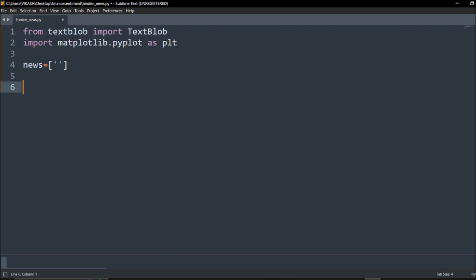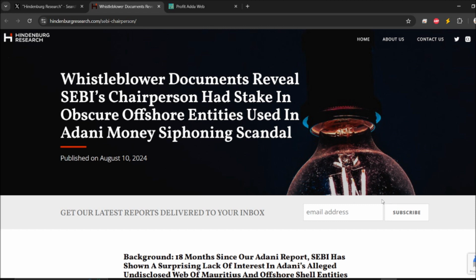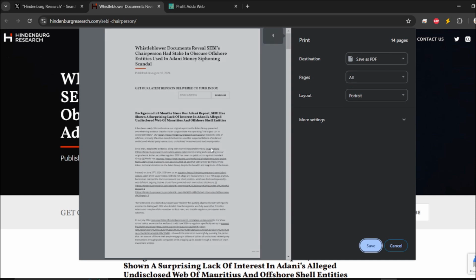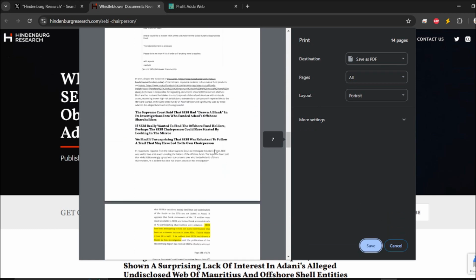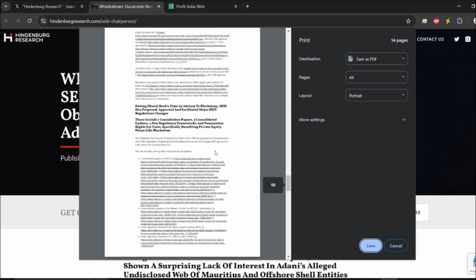Now there are two or three things which you can do: you can web scrape, you can take it from an API, or you can just convert this post into a PDF. I have already shown how you can do that. If you press Ctrl+P, it will give you a save as PDF option. So you can convert this into a PDF, convert that PDF into text, and that can be utilized for your sentiment analysis. So this is how you can do it. You can check the video on my channel for PDF text extraction.